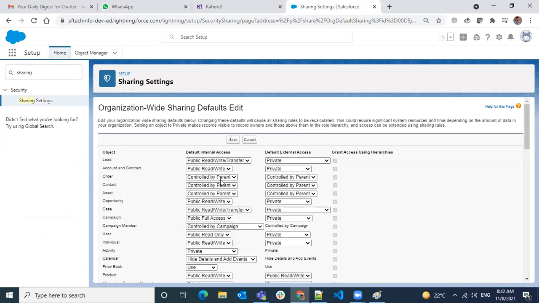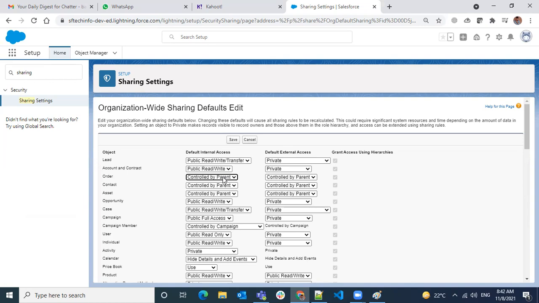One more permission is controlled by parent. What is controlled by parent? When you have a master detail relationship between two objects, you cannot define org wide defaults for the child records. They will always be controlled by the parent, that is the master record, which controls even the OWD of a child record in a master detail relationship.